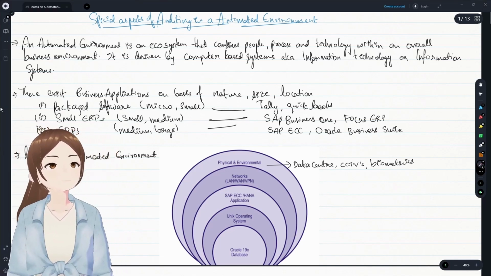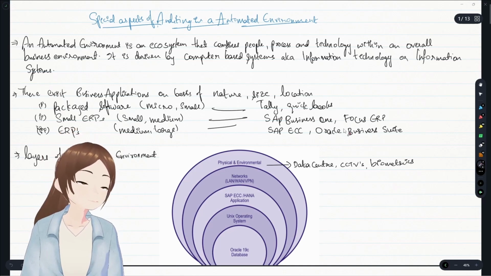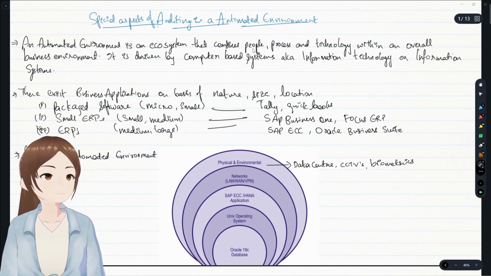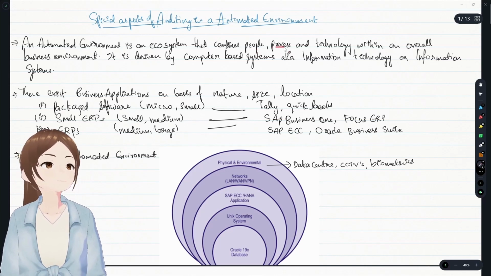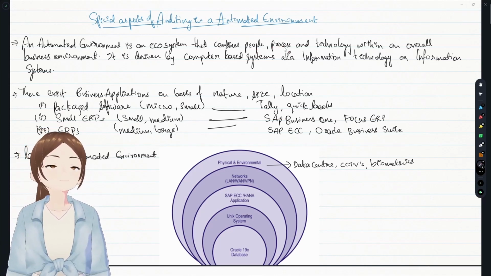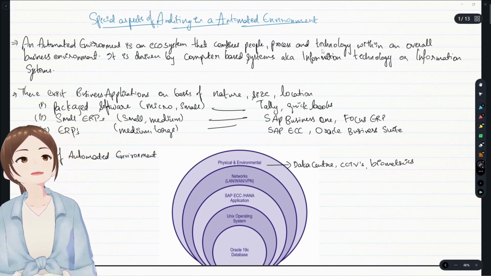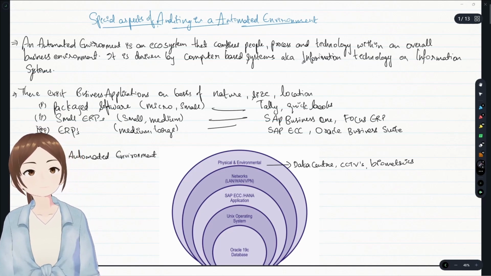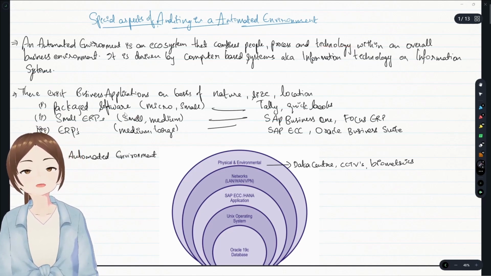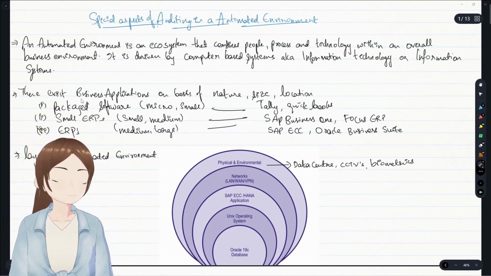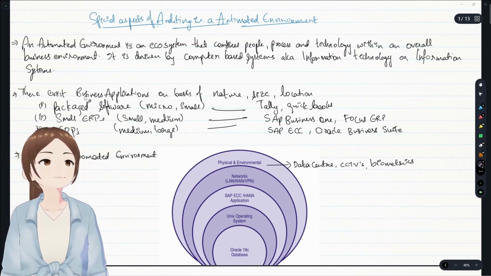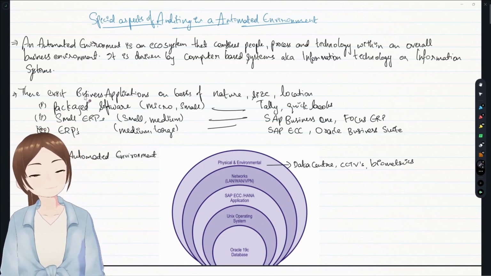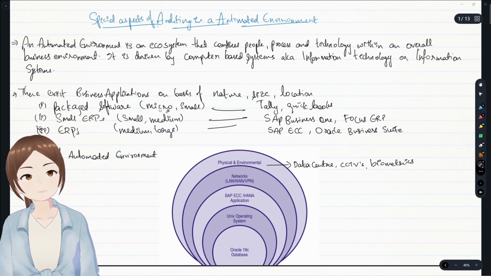We know that an automated environment is something which makes auditing more efficient. And what does it consist of? It consists of people. It consists of some predetermined processes that have to be followed by such people, and technology through which they follow the processes. And while talking about technology more, technology is nothing but applications through which they access the data and do the processes that were defined by such people.